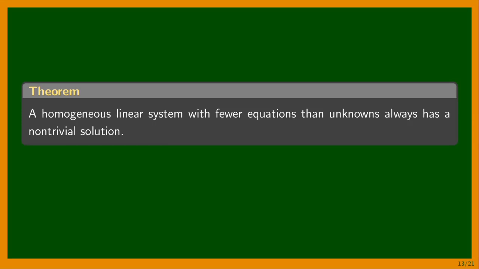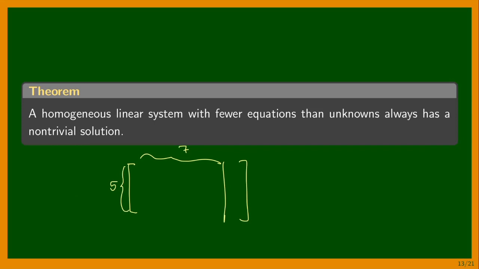Then automatically this linear system will have a non-trivial solution. The reason is that if you have, let's say, a 5 by 7 linear system, then because we only have 5 rows